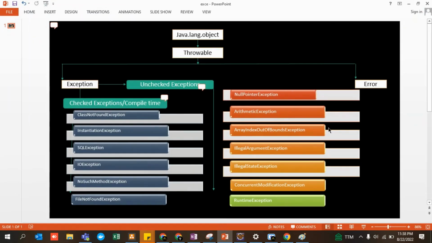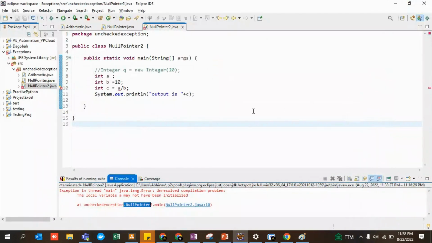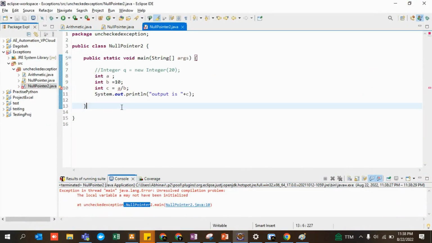This was the interview question that was being asked. That guy went a little bit deeper. Nothing to worry, but the person who was giving the interview totally got confused because the interviewer said that I am not creating an object over here. I am just creating a local variable which is not even initialized.